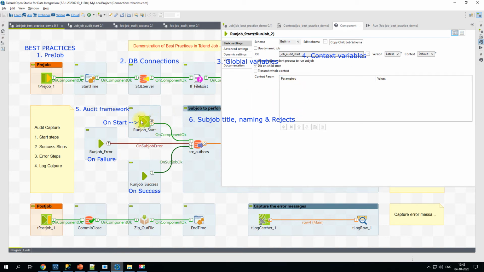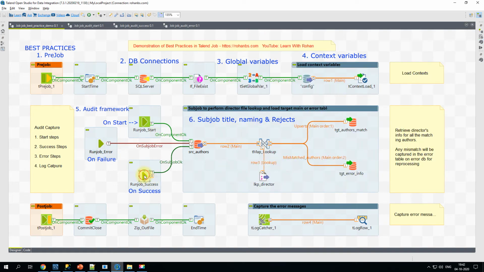So let's say you can include a column called status, and you can pass the status as start here, and for this one you can pass it as error, and this one maybe you can mention as success. So this whole topic is big, so I'll be making a new video to talk about the complete audit framework and how we can make use of it.